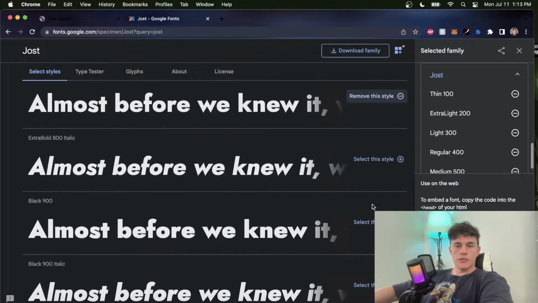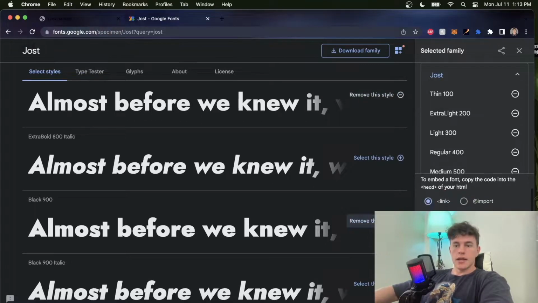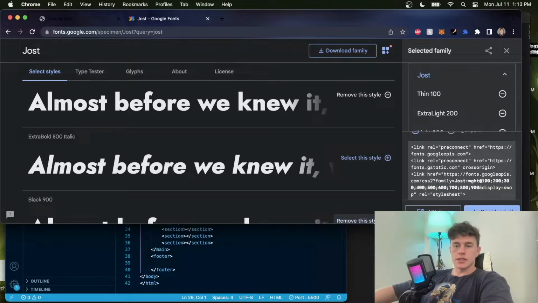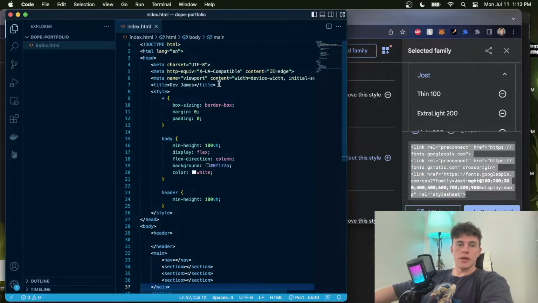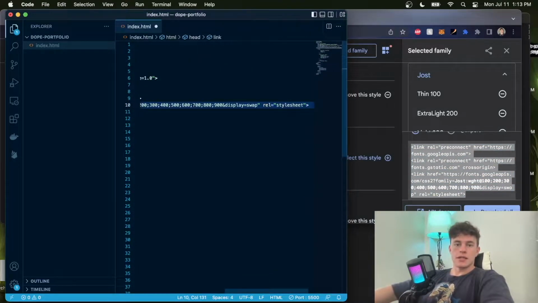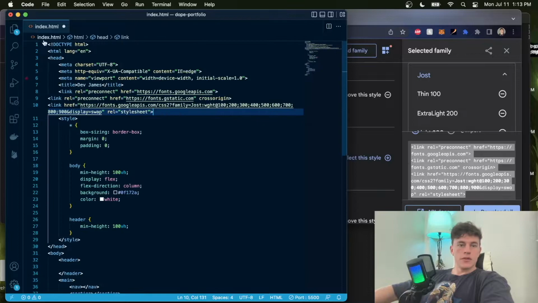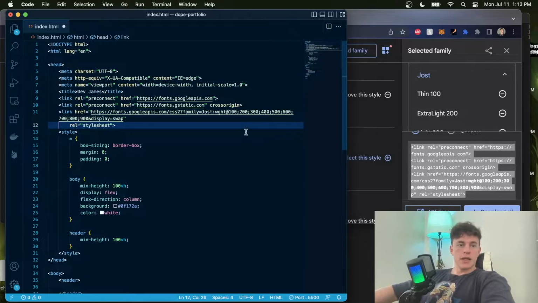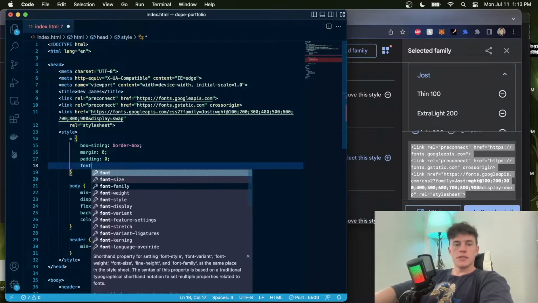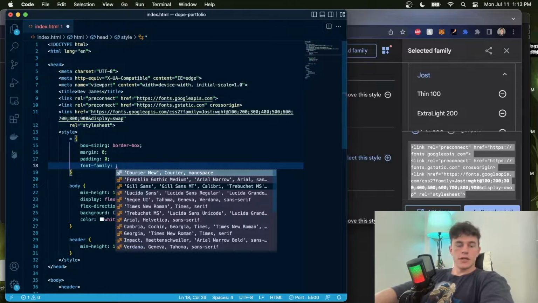All the way right up to the most bold ones, just like that. And now with this link down here, if you can see it just there, we're going to select this link and come back into our document, and we're just going to paste it underneath the title, just like that. So nice and easy. And then in here we can come and say font family, and that is just going